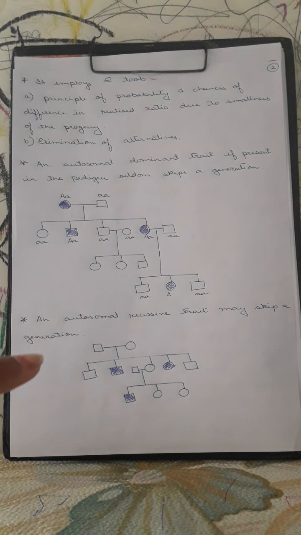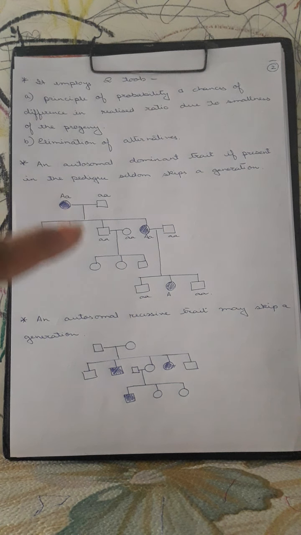But if it is a recessive trait, then what happens? Now you can see that in the first generation the characters are not observed. In the second and third generations, the characters are observed, that means we observe diseased, affected individuals. That means this is a recessive trait, because the first generation is skipped here. So when a question is given, with the help of these basic simple points, we have to first find out whether it is a dominant or a recessive trait. If dominant, there will be no skipping; in each generation the affected individuals will be present. If it is a recessive trait, then the generations will be skipped.